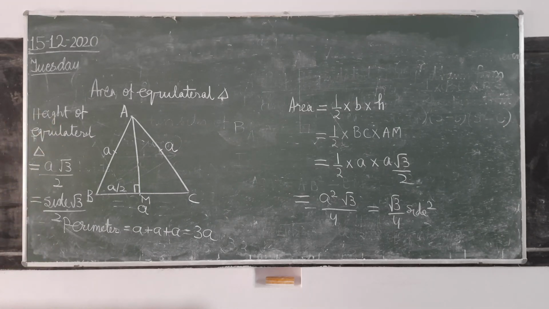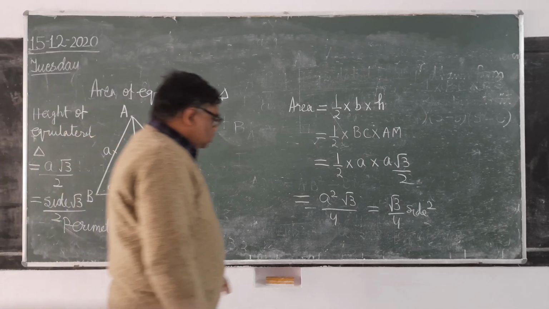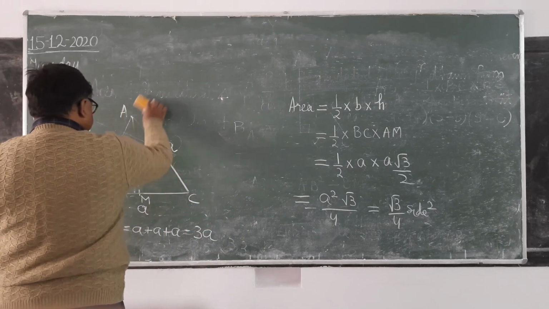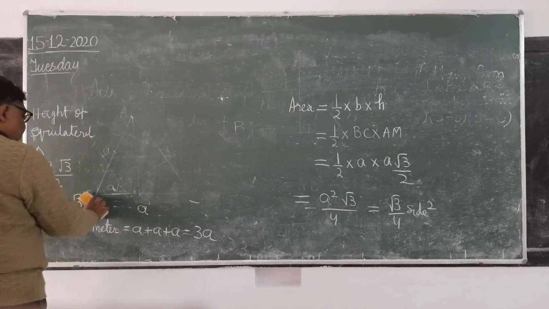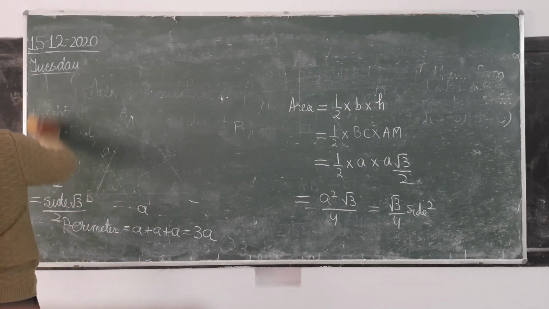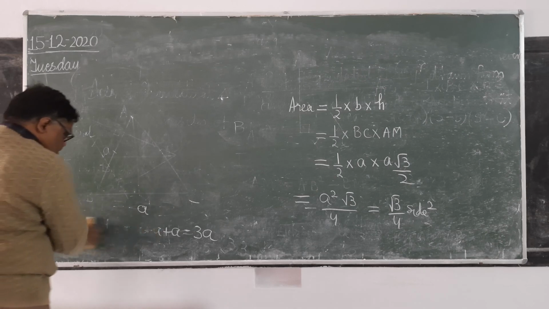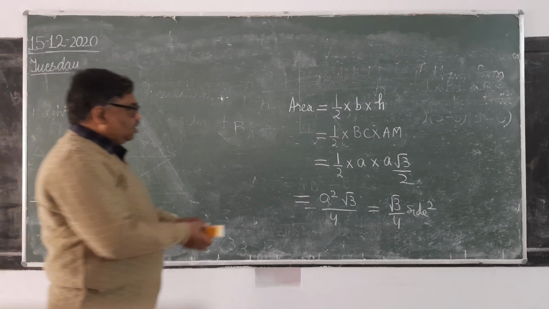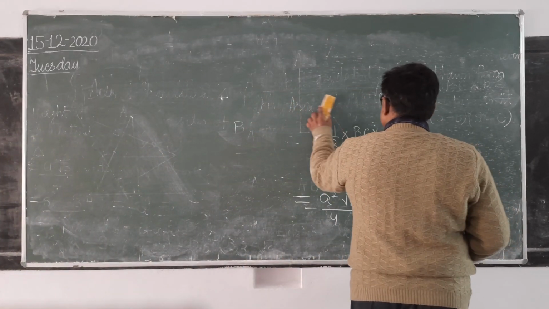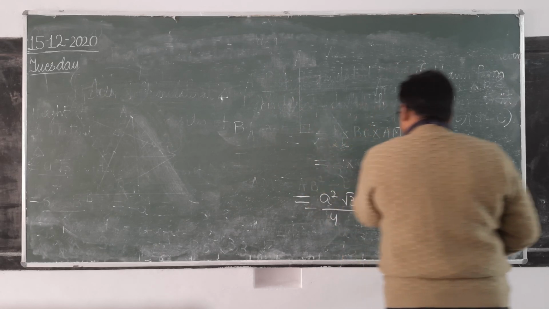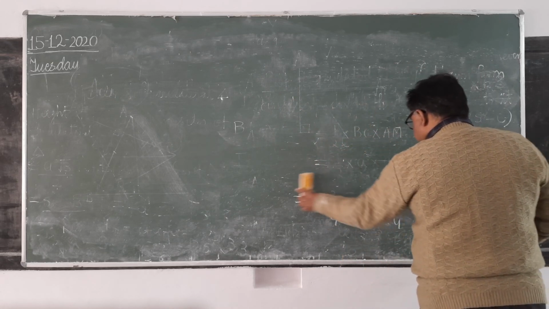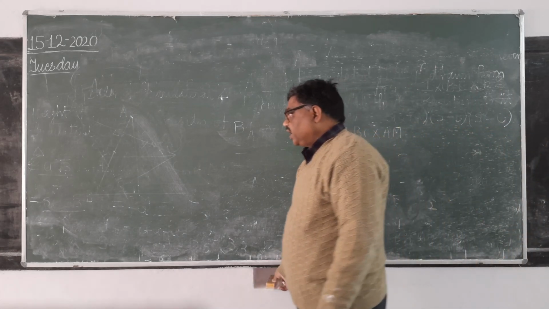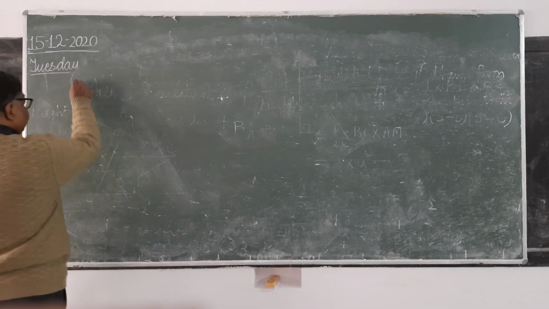Is it clear? Now after this we will see isosceles triangle. What do you mean by isosceles triangle? A triangle whose two sides are equal. Now in an equilateral triangle, we can take any point where two sides are meeting as vertex. But in an isosceles triangle,